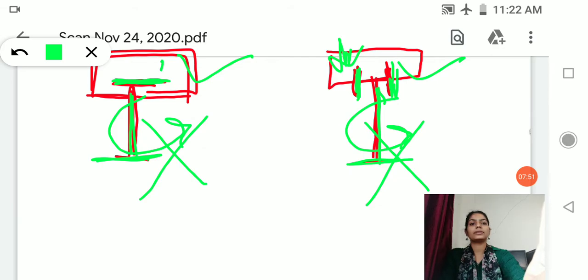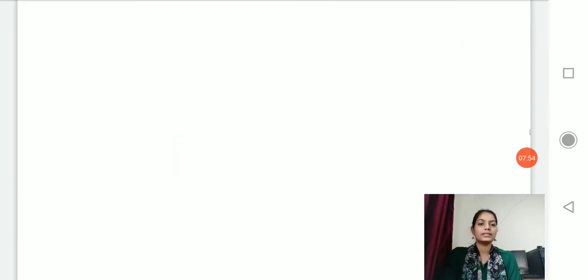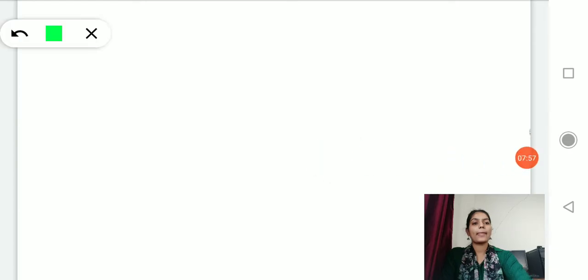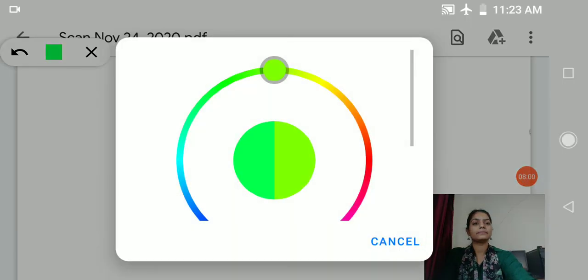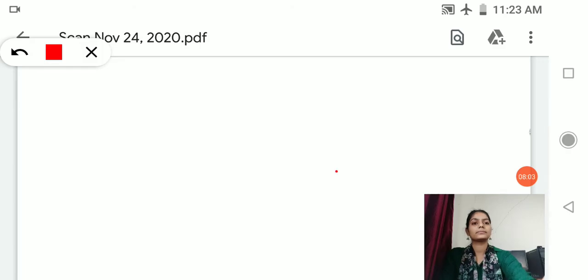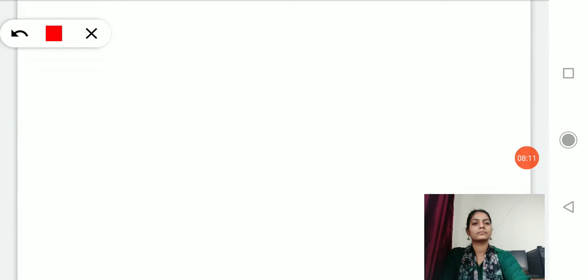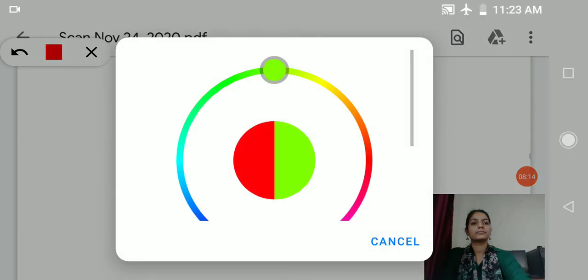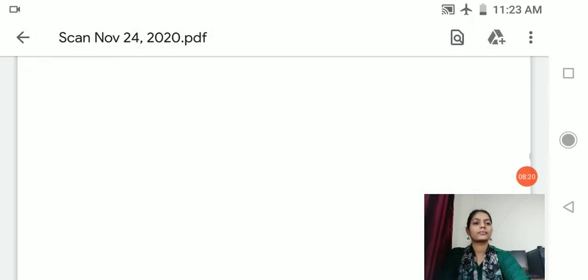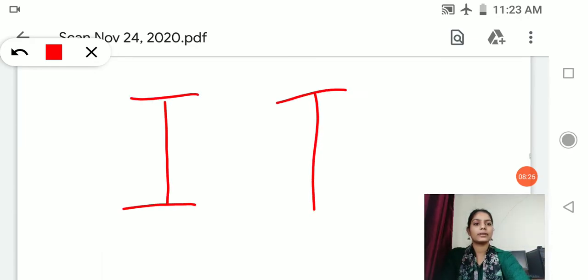Laterally supported. Coming back to it again, see here. What I said, you have a beam like this, and this beam has a lateral support.